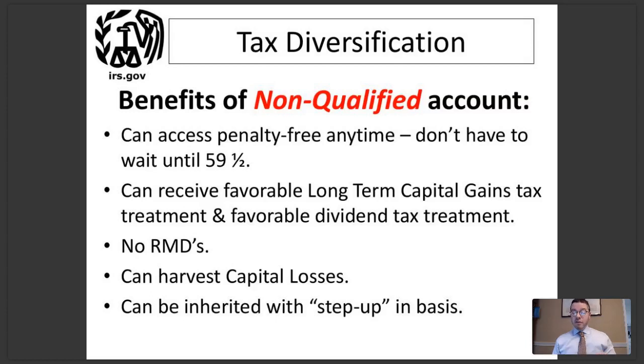Or let me say that if your TSP has a forced distribution, could it afford volatility? I'm sorry if I'm fumbling my words. Could your TSP, which has a forced distribution, afford volatility? And the answer is as follows. Well, it depends when that forced distribution comes. If the forced distribution comes when the TSP has been up, that's perfectly fine. But if the forced distribution comes when the TSP is down, well, then that's actually a problem, because if the market has been beaten down and you have a forced distribution, that's just going to beat down